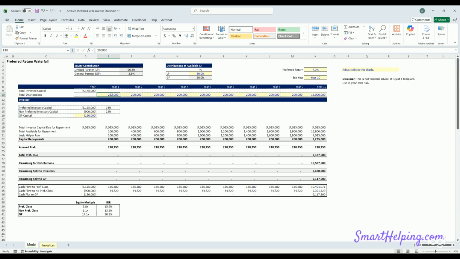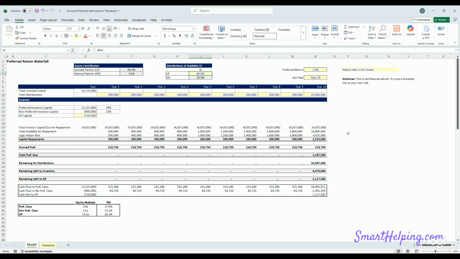But now, this is not the case. We're saying 100% of the capital is repaid first, accruing a pref, and then once the entire initial investment for the LPs is paid back, we pay the pref due on exit, and after that, we split cash at a new rate, and that's where the GP is going to come in. There'll be an 80-20 split in this case, but you could define that however, and then the GP will